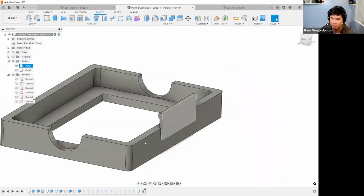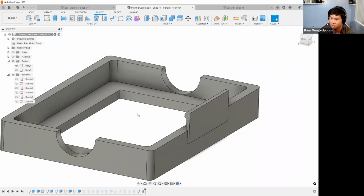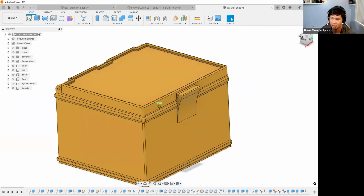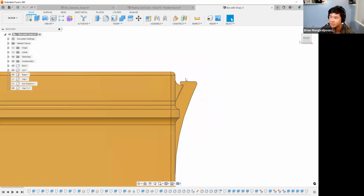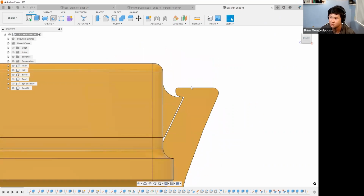All right, so that is the parallel hook. Now let's go ahead and dive into the perpendicular hook. So that example, as you may recall, is the child lock. But in this case, if you hopped on the webinar, I think it was about 6 months ago, I had a box and I was showing a custom snap fit of a box that I had. And this one I drew manually, and I had to test this by actually printing this out by trial